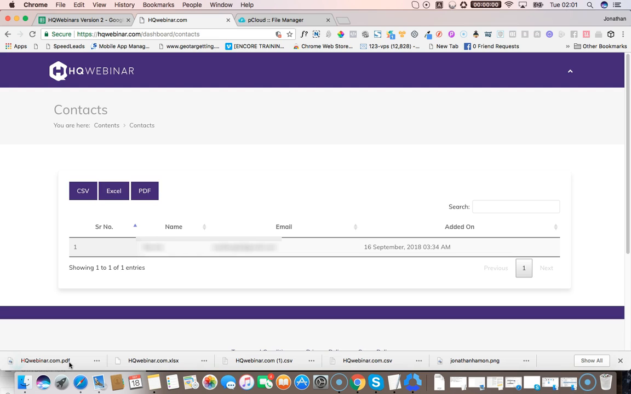So that's how easy it is to export the names and email addresses of all those people that have registered